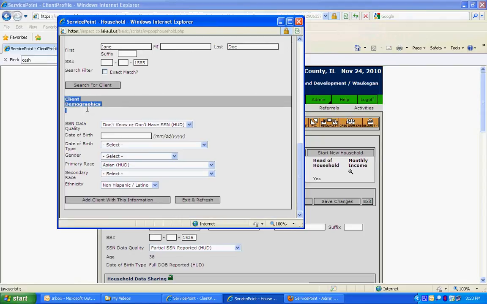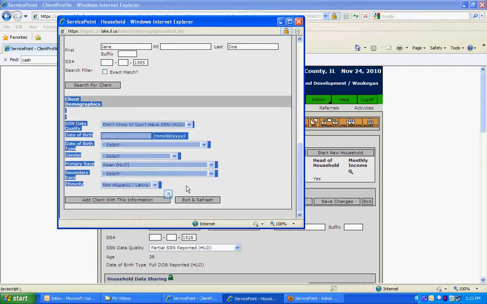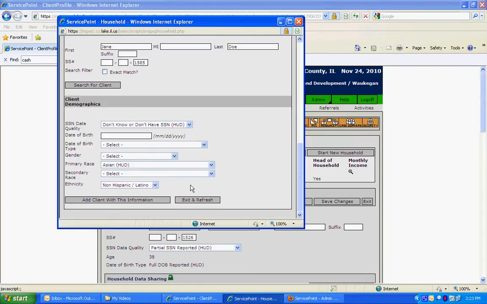And this client demographic screen looks exactly as what you saw in the previous video when you were entering a brand new client in the Service Point, because that's exactly what we're doing here. So specify the rest of the information. The race and the ethnicity default to that of the head of household, but of course that can be changed